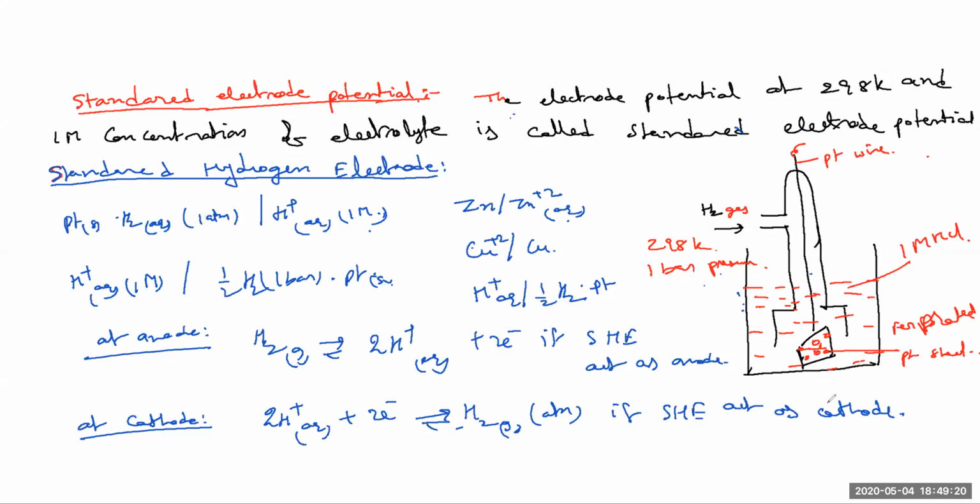Now by using this reference electrode, we can determine the E0 values of all elements at STP conditions and arrange them in ascending order of those E0 values. That is known as the electrochemical series. Okay, note it down. Next we'll go to the electrochemical series. We'll discuss. All of you note down.